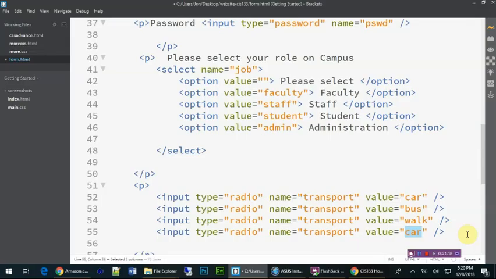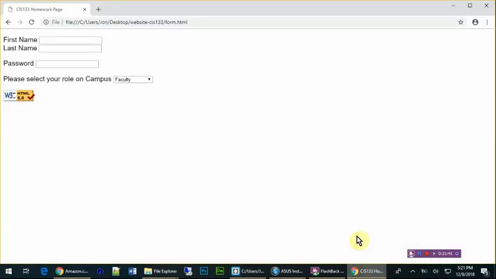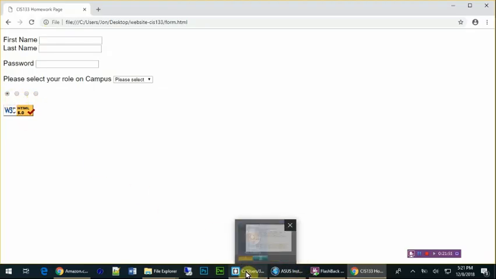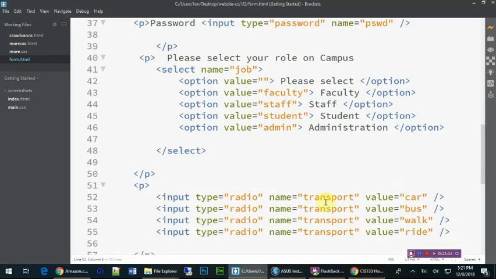I'd put transporter in, that'd be kind of cool, but that's not true just yet. So what I'm going to put in for this one is ride. And what that will be is get a ride. Now obviously I've got a little bit of a problem, just like I did before. If I was to save this and then look at it, let's take a look at it. I've got buttons, and notice that it forces me to only select one of them, but we don't know what those buttons mean, so I'm going to come back here and go